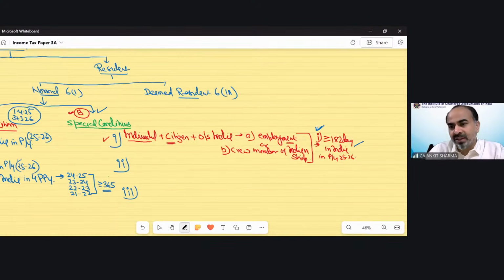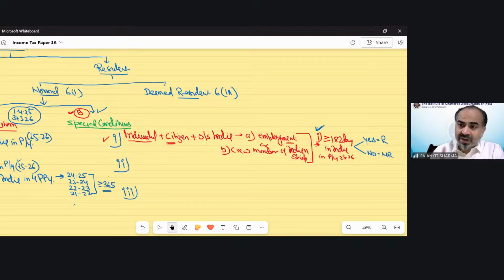We can show it like this also. If this is yes, resident. If this is no, non-resident. As simple as that. So the difference between category A and B is this. Category A, two conditions need to be checked. Category B, only one condition needs to be checked. So more probability to become a non-resident. The higher probability of becoming a non-resident is in category B, because only one condition needs to be checked. If fulfilled, yes, otherwise you are a non-resident.